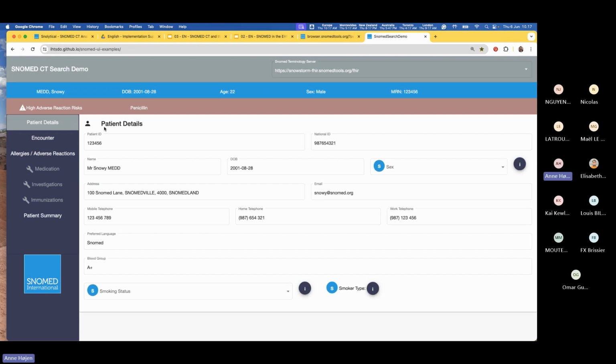There is a field here to capture patient details. So you can see there are many fields here, some with the name of the patient, the date of birth. And then we have some with blue fields, and the blue fields indicate that these have been bound to SNOMED. So please notice that it's not because we say that you should use SNOMED for everything. No, you should use SNOMED CT for anything that is